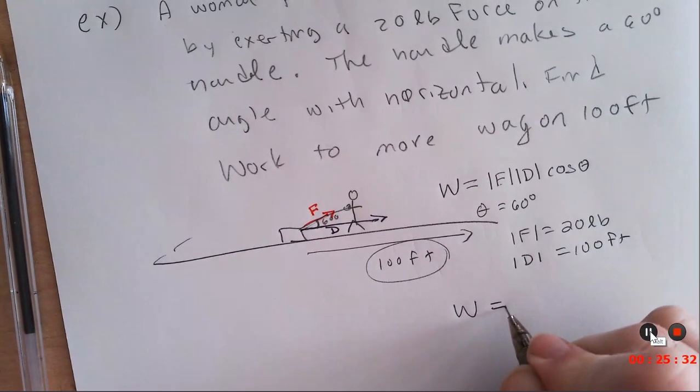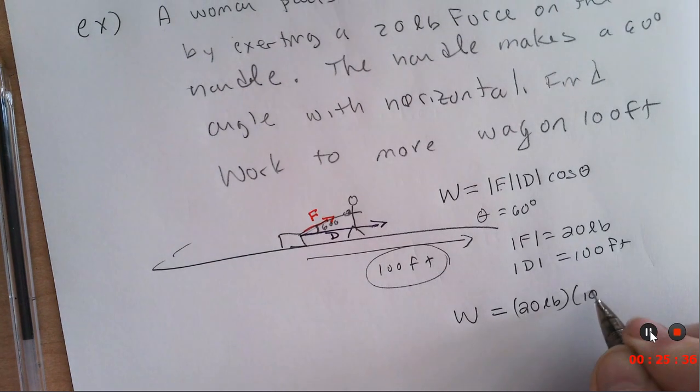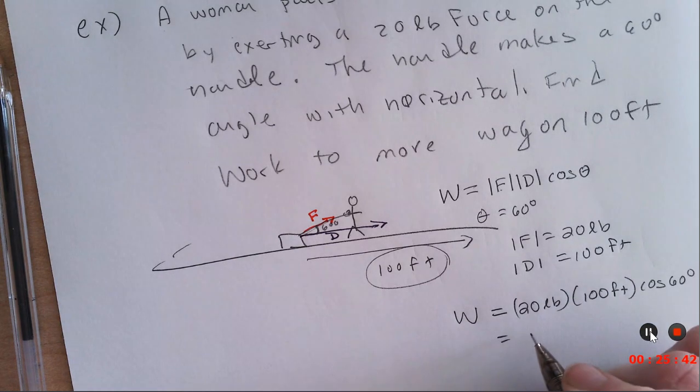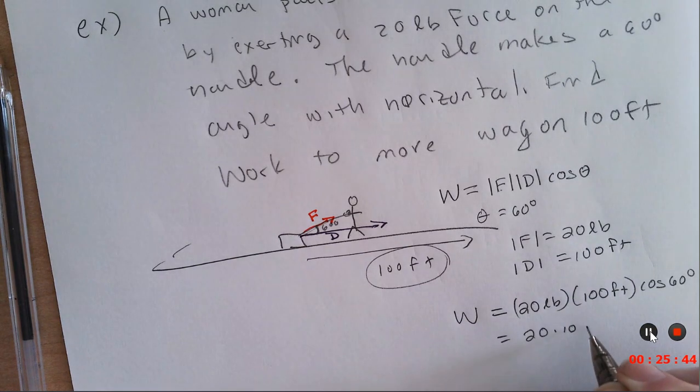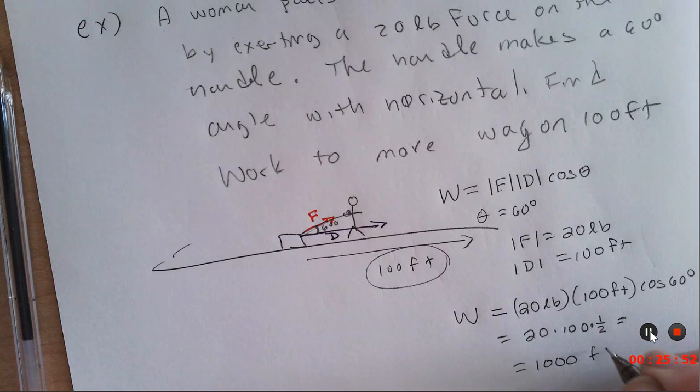So the work is going to be equal to 20 pounds times 100 feet times cosine of 60 degrees. So that would be 20 times 100 times cosine of 60, which is a half. So that works out to be 1,000 foot